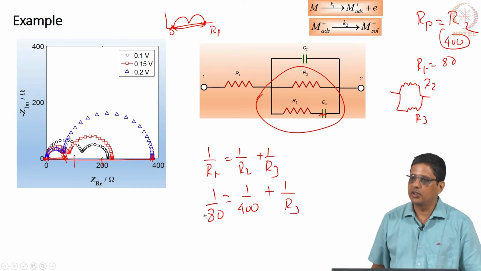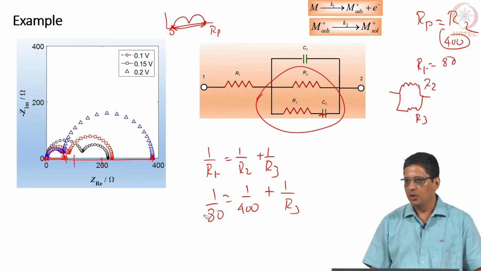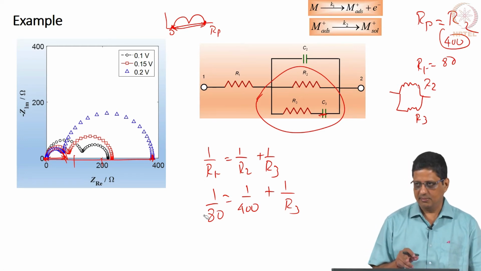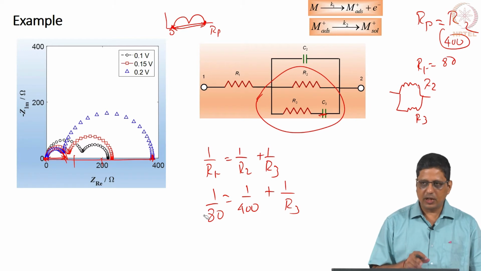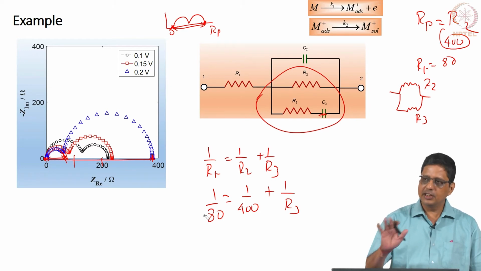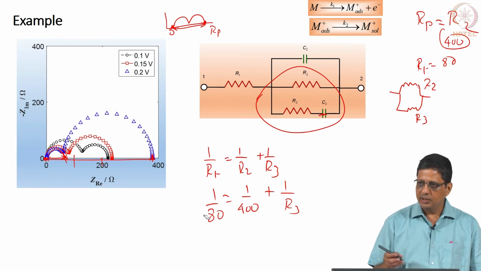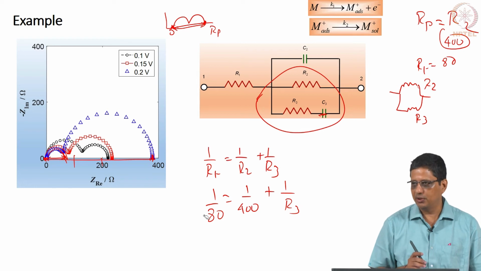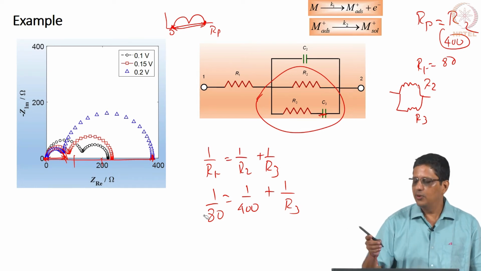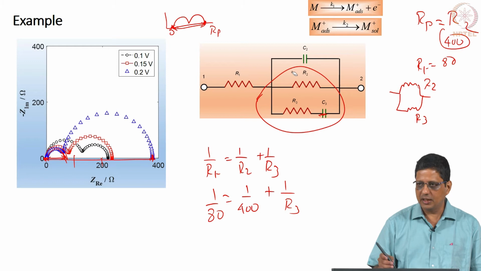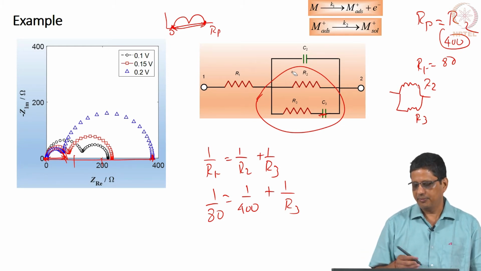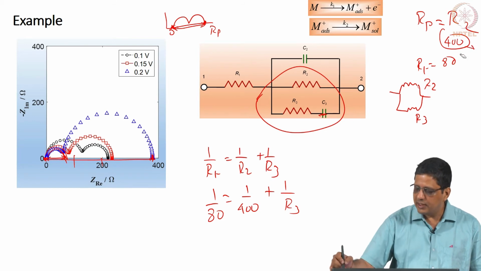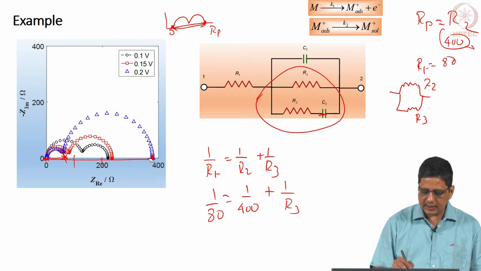I have an estimate for R3 also now. We can give this as an initial guess and ask the program to optimize. Instead of giving the circuit and saying optimize, if you are lucky it will give you the values, fine. If not, you should not say this circuit is not a suitable circuit. You should look at the values, give appropriate initial values to the best extent possible and then ask it to fit. In fact, you can fix the value of RP if the data has come all the way here.